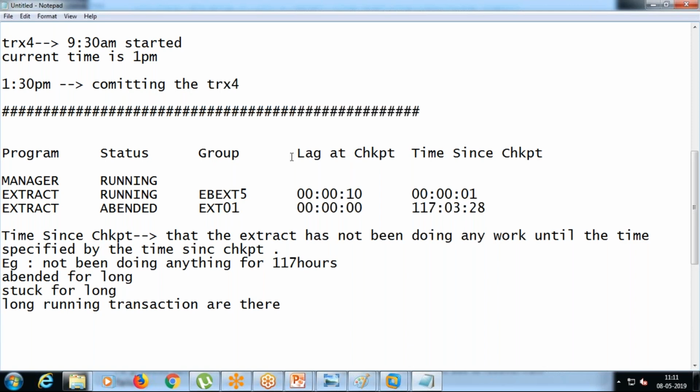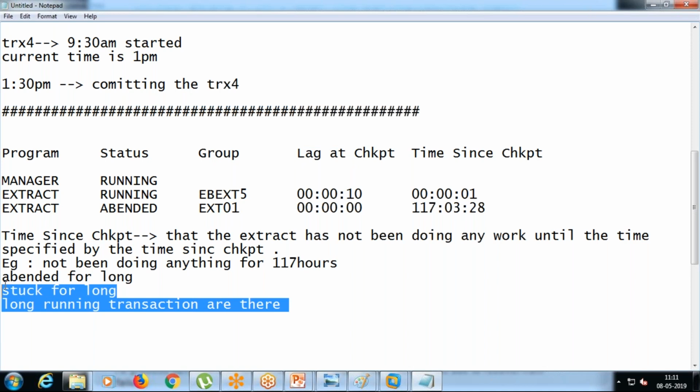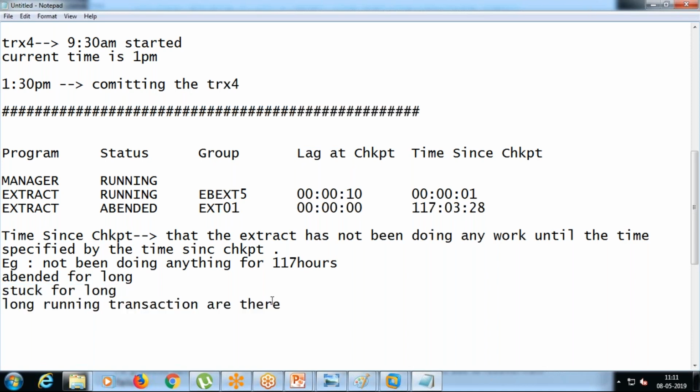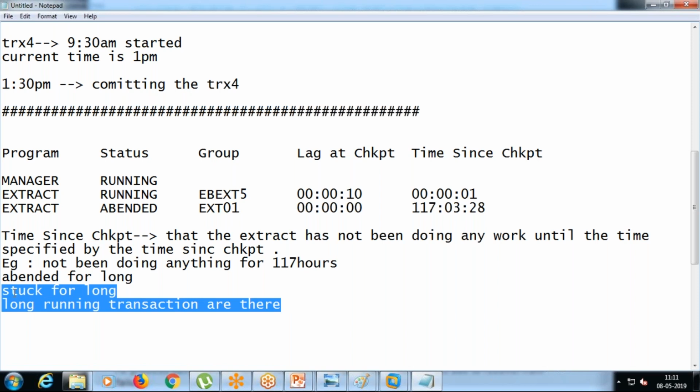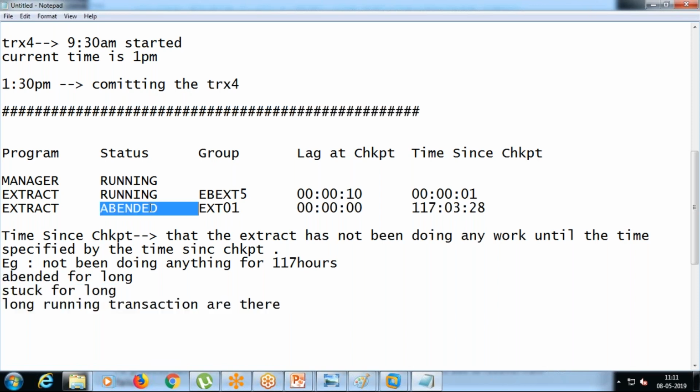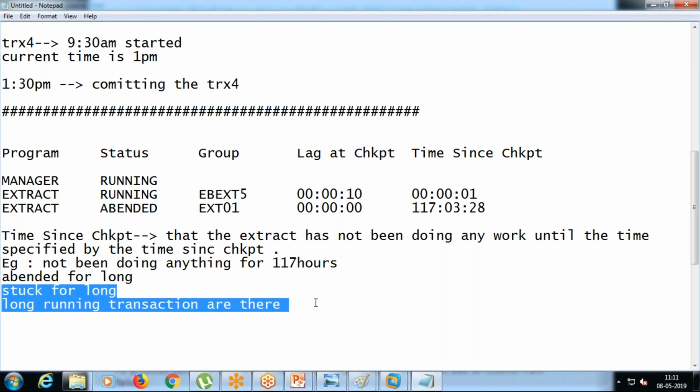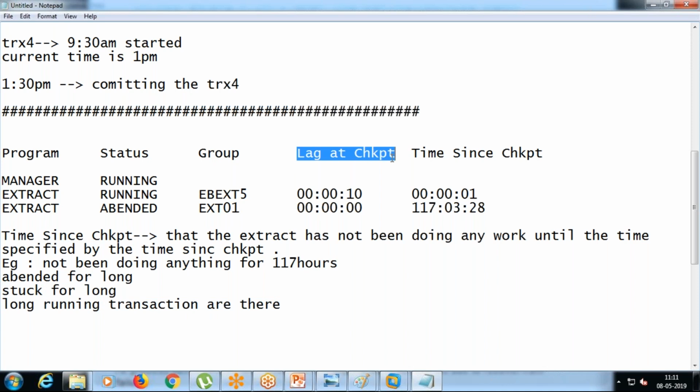Okay. Now this lag at checkpoint, and I will explain afterwards how to handle them, how to actually be sure which of these options is true. Append is fine, but you can see straight away append. But what about these two? I will explain to you afterwards. Right now, let me focus on the checkpoint. And lag at checkpoint